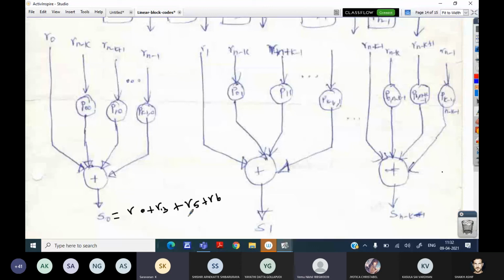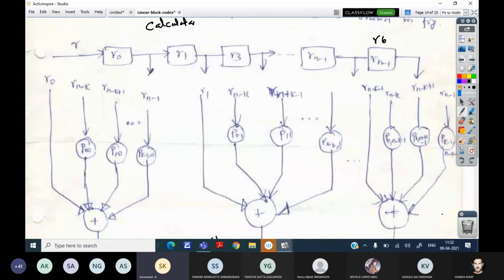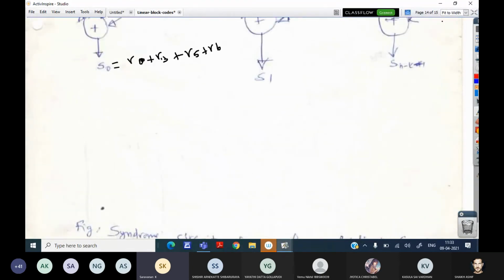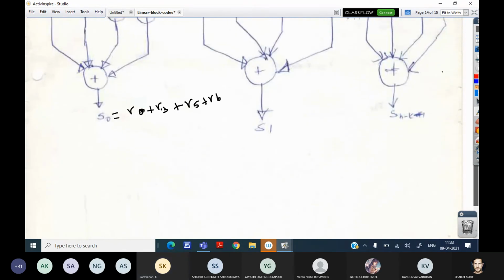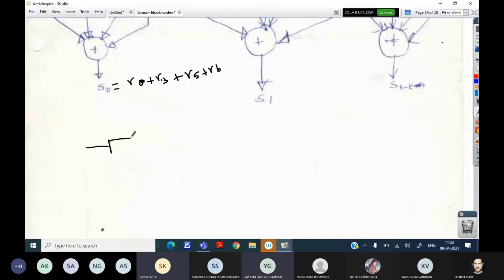Yes, sir, R5, R6. Okay, so we have already fed the 7-bit received vector and we are going to store it in this register. Whether we connect this to the adder or not depends. We know S0 in terms of R0, R1, R2, which we have already computed. So using this, can you draw the diagram? I can draw only for S0. You have to complete the remaining part.